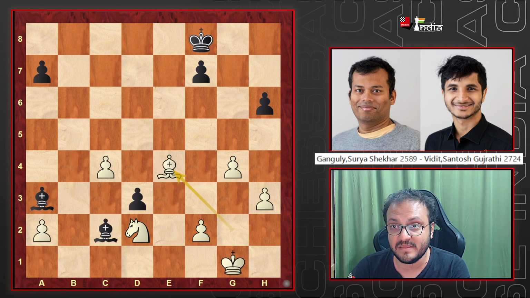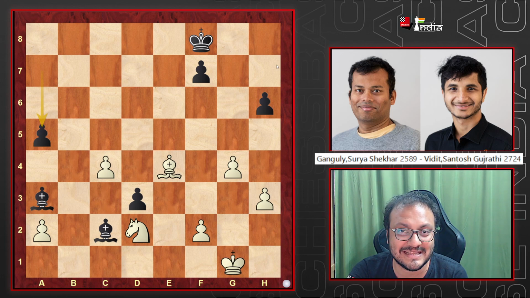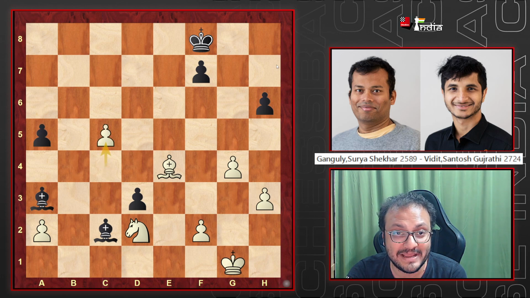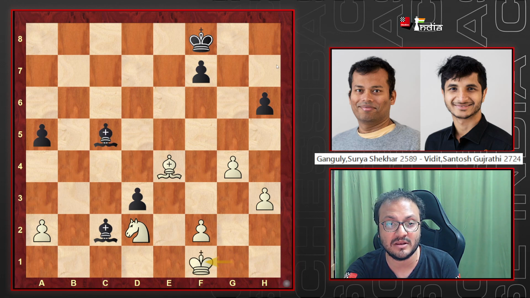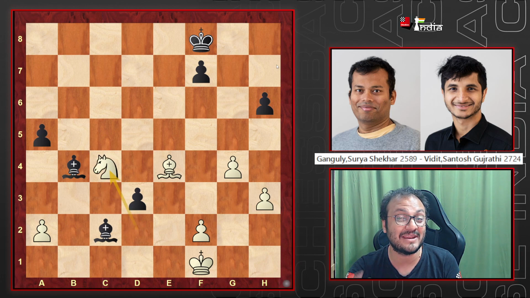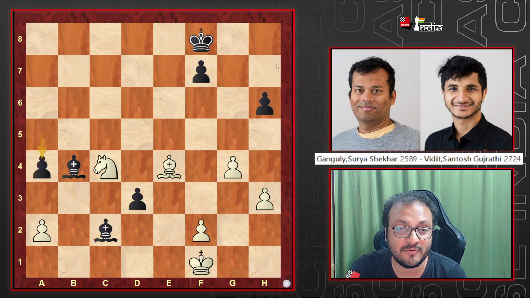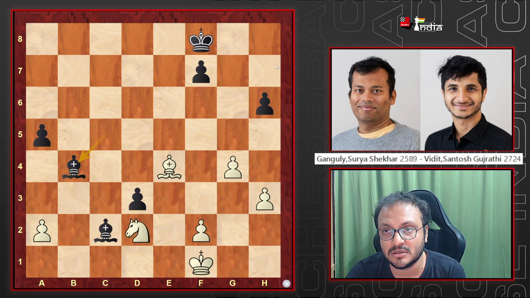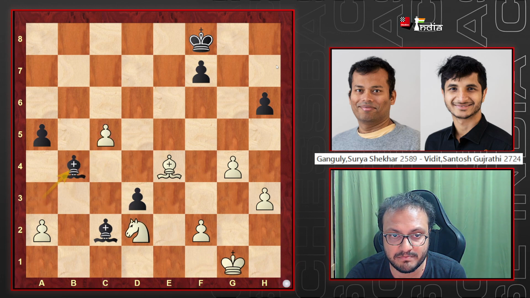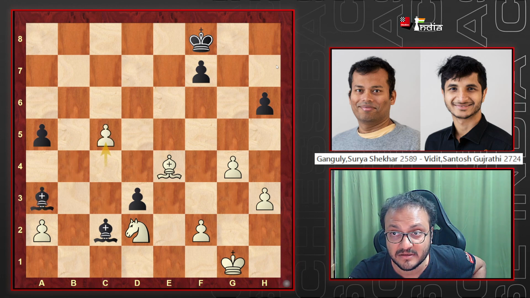So in the game, after bishop e4, Vidit didn't go bishop b4, he went a5, king f1, and I think this was his last chance here for Surya to play c5. Give up this pawn. If bishop c5, now go king f1, bishop b4, you have knight c4, and this is the key point. You have the c4 square to yourself. a4, there is knight b2, and then the d3 pawn is lost. And if bishop b4, there is c6, creating some play there.